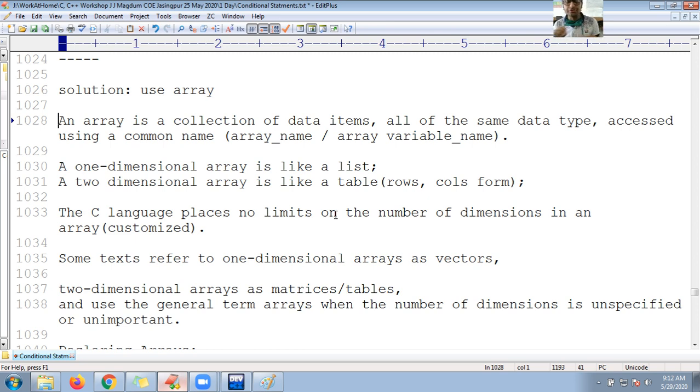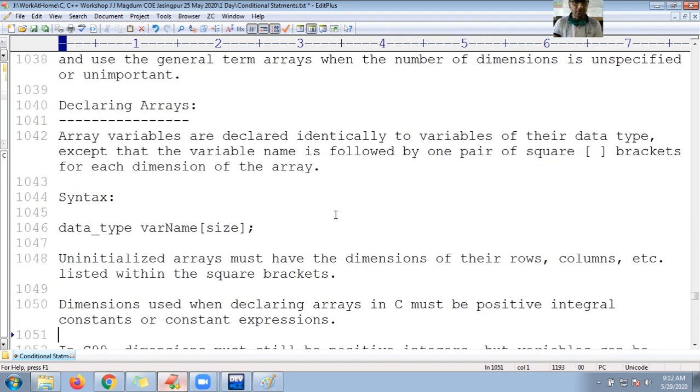Okay, a single variable which can store similar types of values. That may be all integers, that may be all characters, that may be all floats, that may be all doubles, that may be all binaries, ones and zeros, that may be all hexadecimals, okay, or all of type strings. So guys, keep one thing in your mind. Now, after understanding what an array is, let us see how to create the array.